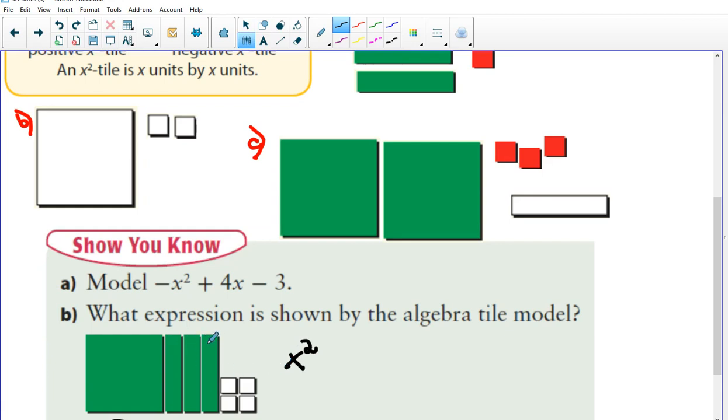Here I have x tiles, 1, 2, 3 of them. They're positive, so I will write plus 3x. So this plus sign indicates that this is positive here, plus 3x. And I have 4 constant tiles that are negative, so minus 4. Noticing that all of these terms